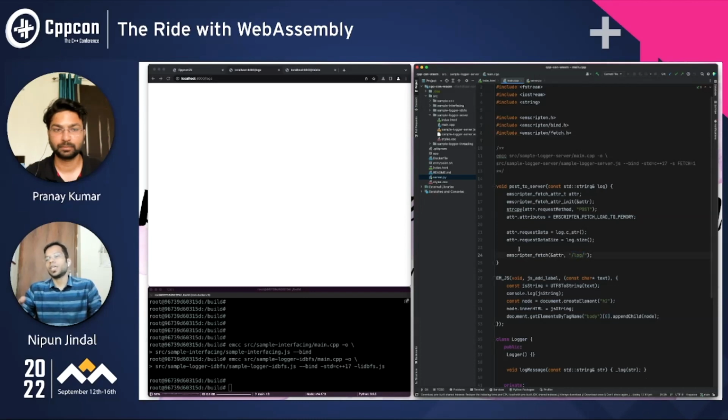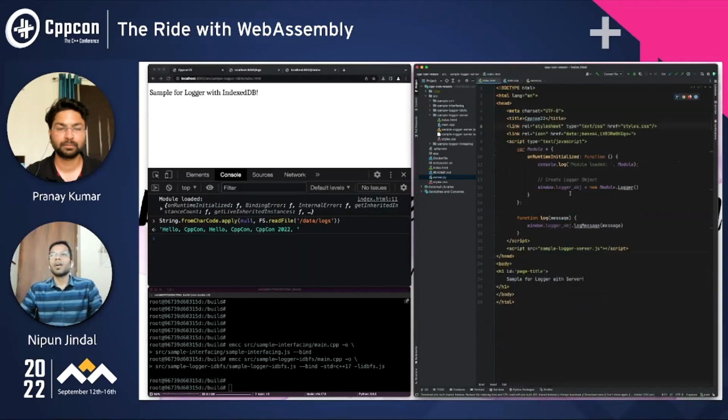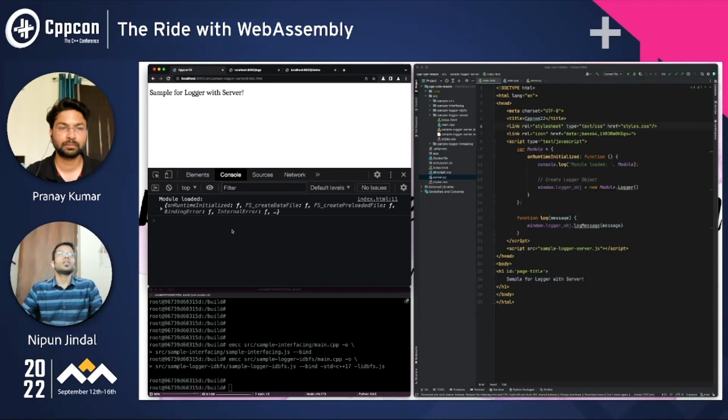So there's no appended HTTPS google.com or something. And then %attr is giving the attributes that we have declared here. So now that this is there, I log into my logger method, and we have created again a logger obj here. So this is IndexedDB. So let me just go to the server one, and I can call logger obj log message